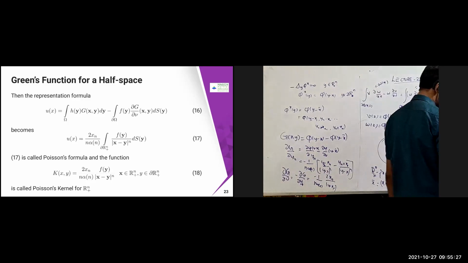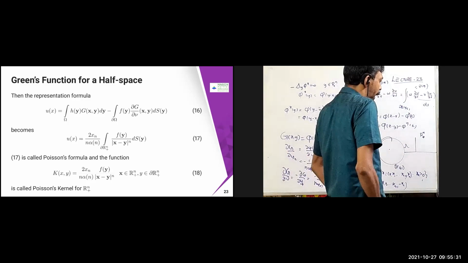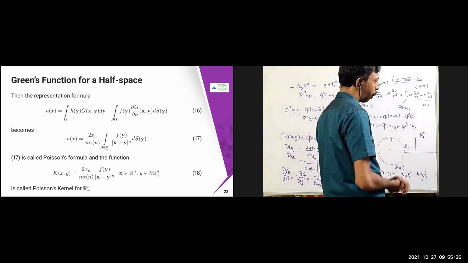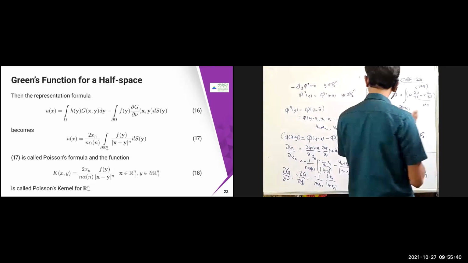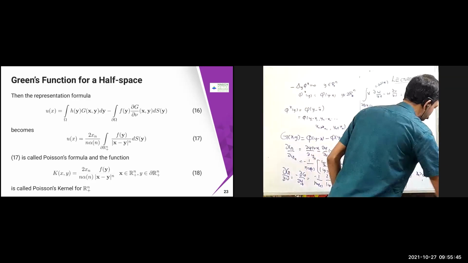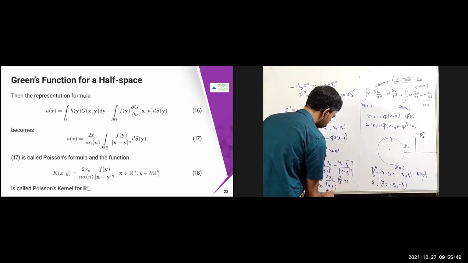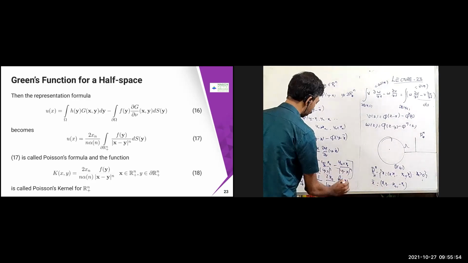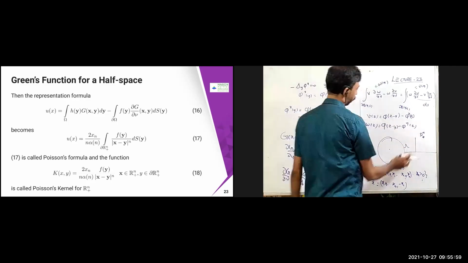So with this I will stop. If you have any questions, let me know. So we have used the representation formula again and again, and the integration by parts formula again and again, and then we obtain most of the solutions for that. So here if I multiply this with f of y, that is called the Poisson kernel for the half space.